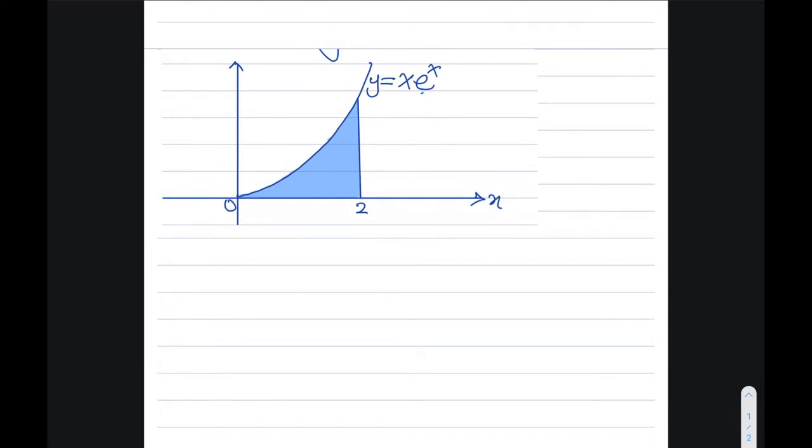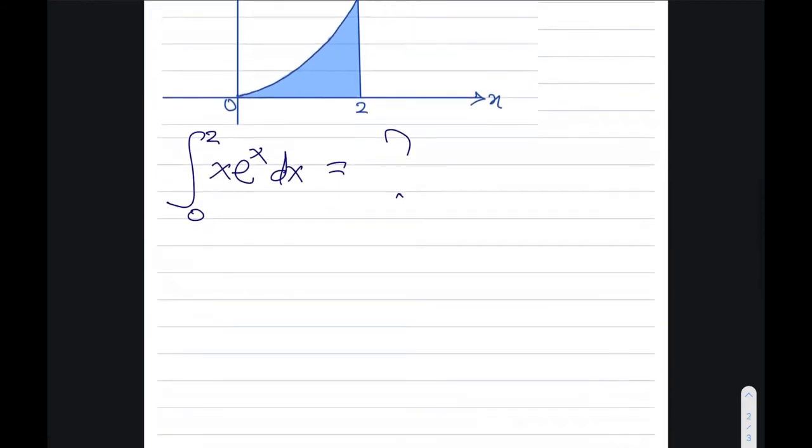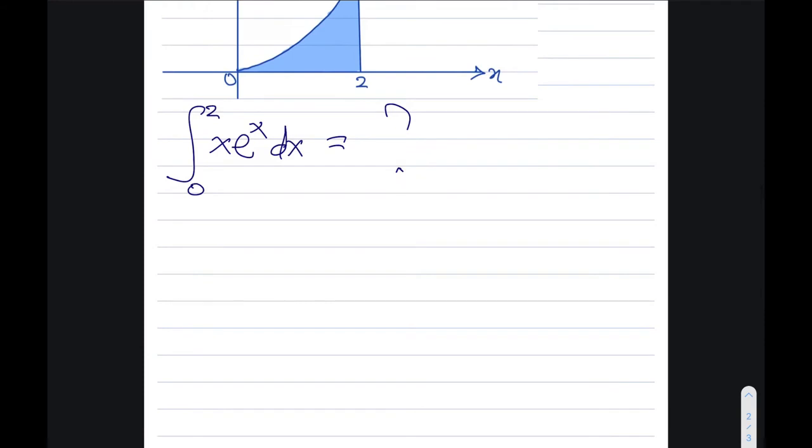Now, ideally, if we are supposed to integrate and then find the area over there, what you would have done is to write the integral from 0 to 2 of x e^x dx. This is what you would want to integrate. But what would that give you? That is the problem. So the question says we should go to A. Now, whenever you are solving a question that says refer to part A, please do so because there's a clue there. Now, from part A, we realize that the differential of